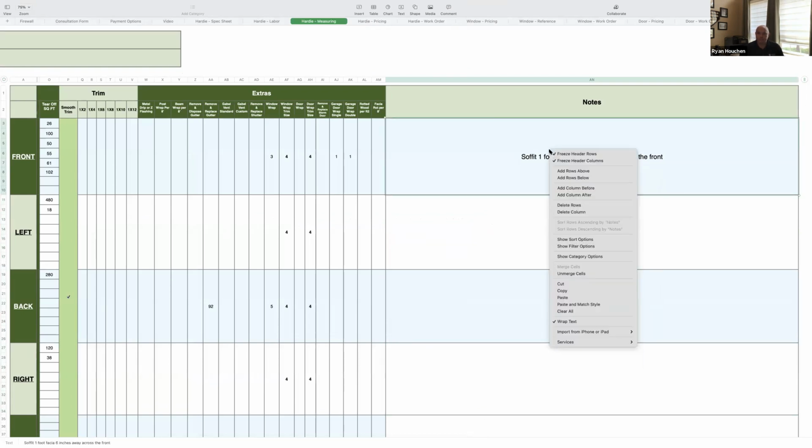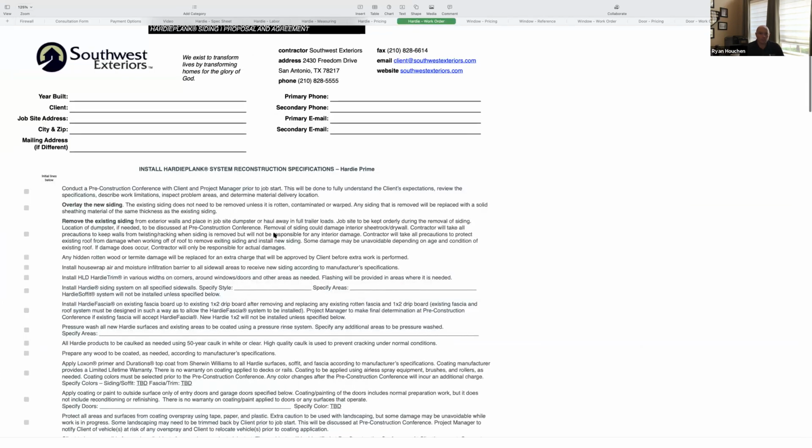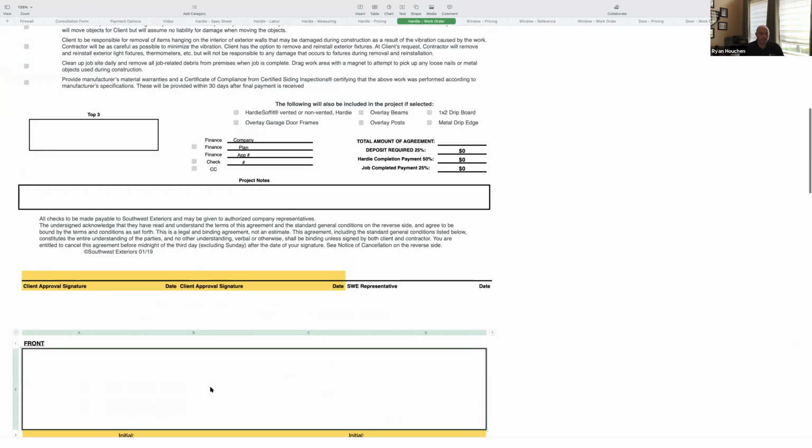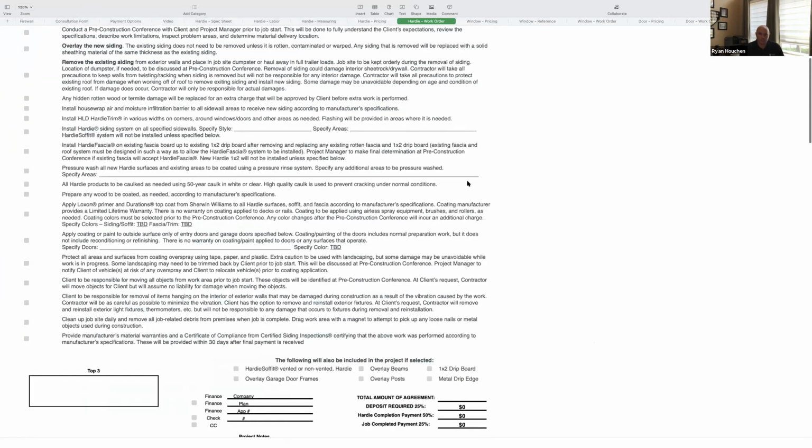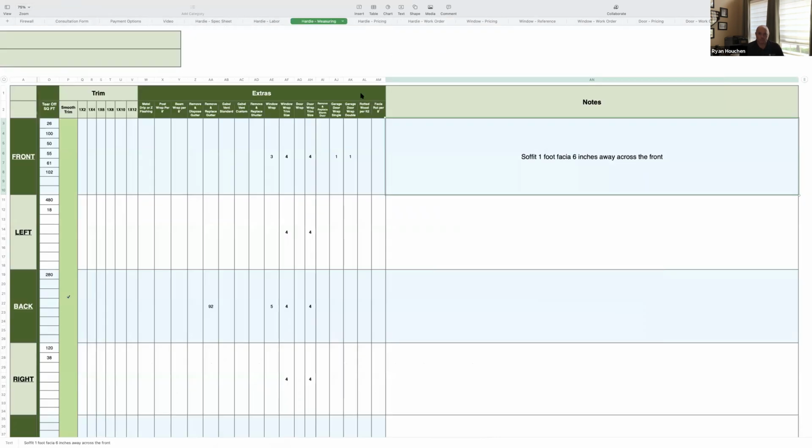And I'm not on an iPad, so the interface is a little bit different here, but go to copy. And then all I got to do is move that right over to my work order and do a paste on the front of the house. See how easy that is? So Chris, I don't fault you for this. It's my fault, if anything, because we were focusing on measuring, but we did talk about the value of using